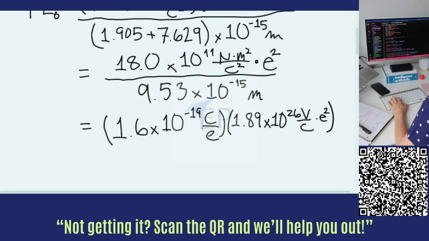You can see that the electron cancels with one of those, this Coulomb charge cancels with that Coulomb on the bottom, and this turns out to be 30.2 times 10 to the 6th electron volts,